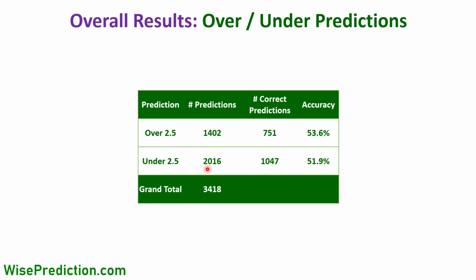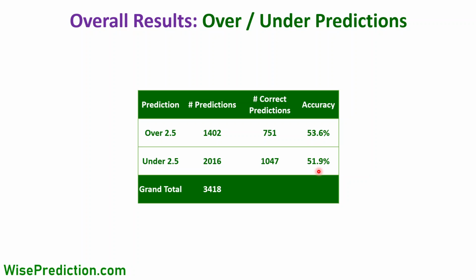And in 2016 matches, the prediction was under 2.5. In the third column here, we see the number of correct predictions, and in the last column, we see the accuracy results for our predictions. For the over 2.5 predictions, the prediction accuracy happened to be 53.6%, and for under 2.5 predictions, it happened to be